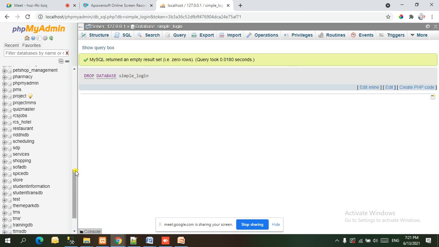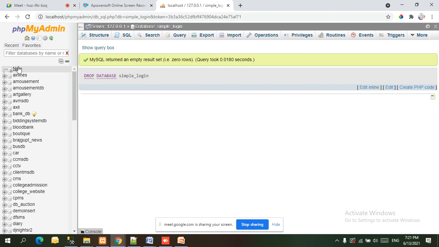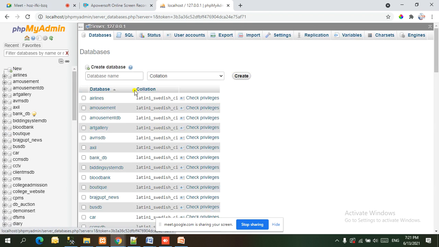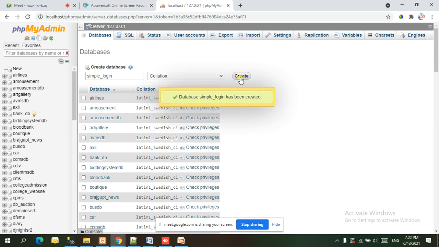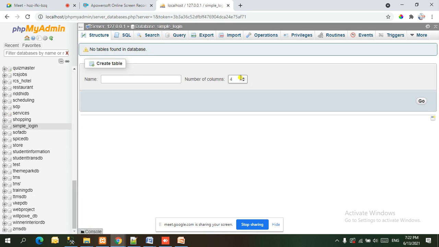If not, now I am going to create a different name. Okay, now this time it was dropped, and now we have created a database simple login.